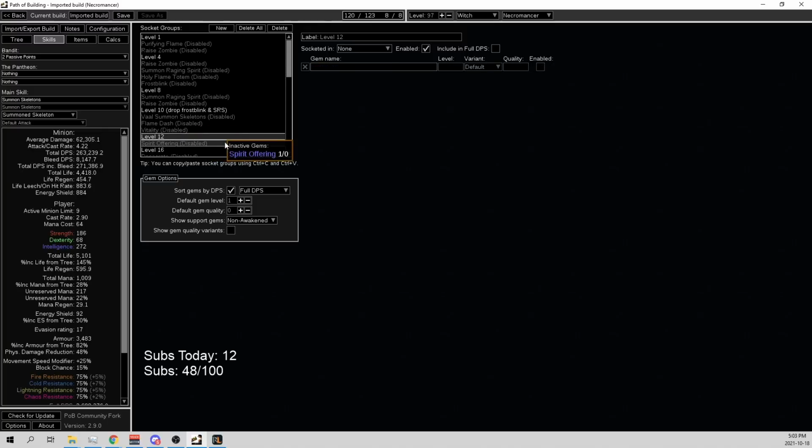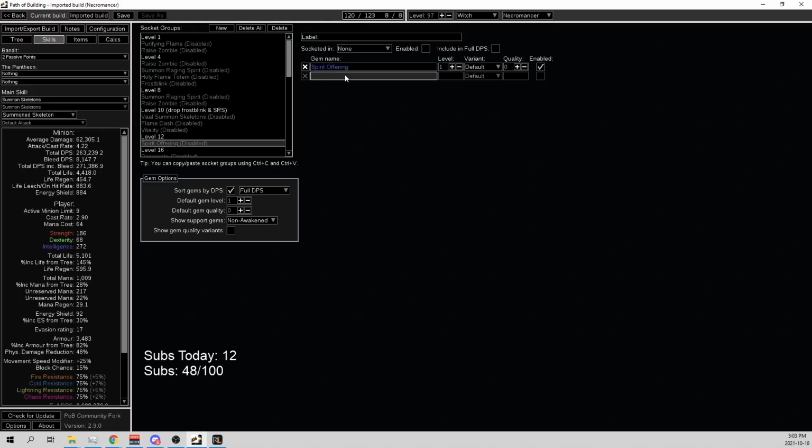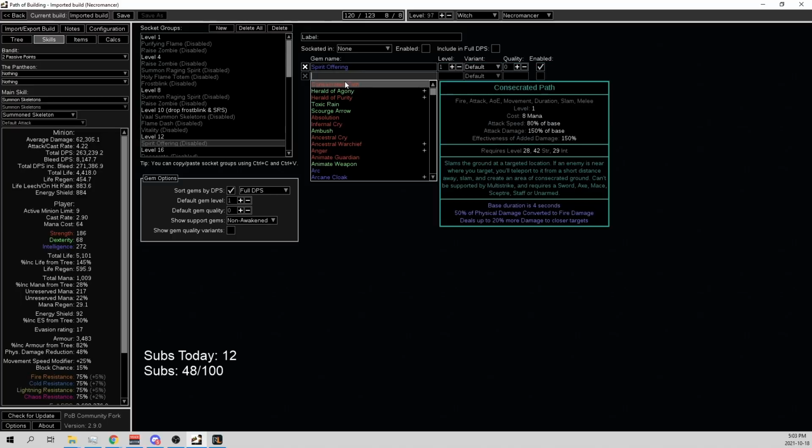At level 12, we're going to get that Spirit Offering. The reason I go for Spirit Offering early instead of Flesh Offering is you can actually use the extra elemental res for your minions and the chaos res, and the physical as extra chaos 20% is basically the same amount of damage as the Flesh Offering